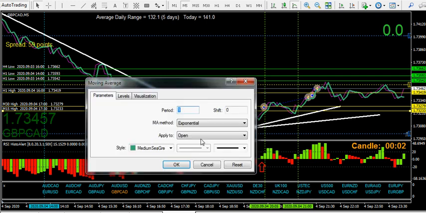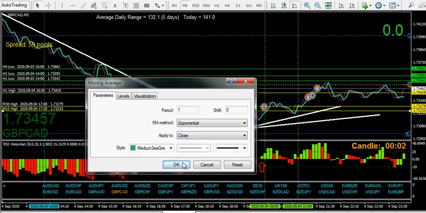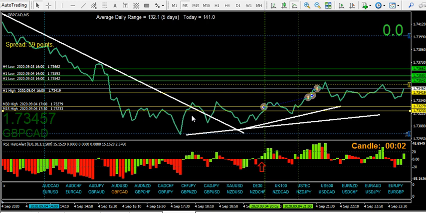Open, as you can see. You can put it on high, low, median, all that lot. Put it on the close, and they replicate each other. So basically a moving average is set to 1 bar. It's the price, 1 bar, it's the price of the close, as opposed to the wicks, as it were. Okay, so